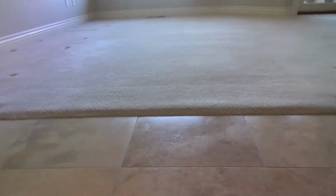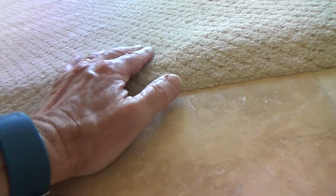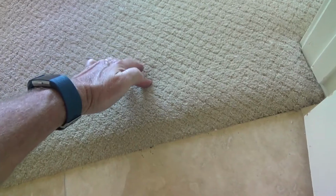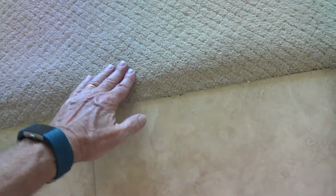I'm trying to get down here on my hands and knees. See this bulge right here? I push it and it looks a little loose, a little bulgy right there. And as you come in, it just looks like the carpet. See how high it is right there? Looks like the carpet should be about that high, but then it dips up and then it dips back down, flush with the floor. That's because I think this carpet